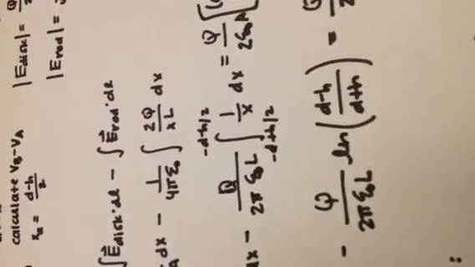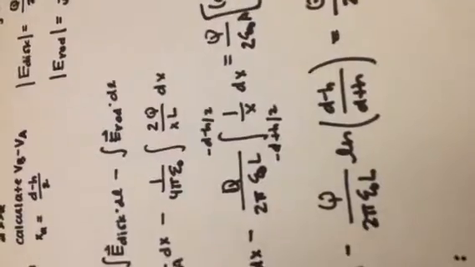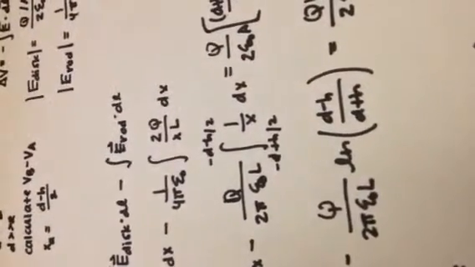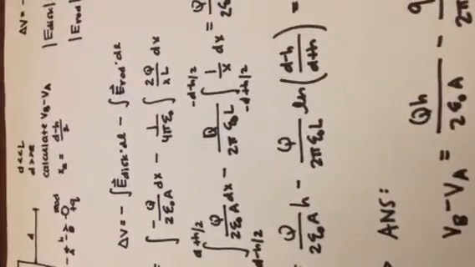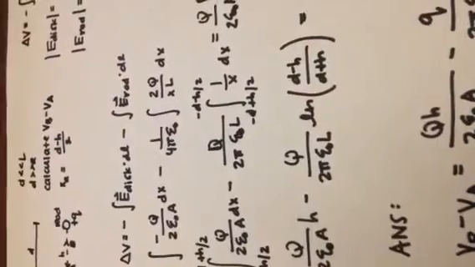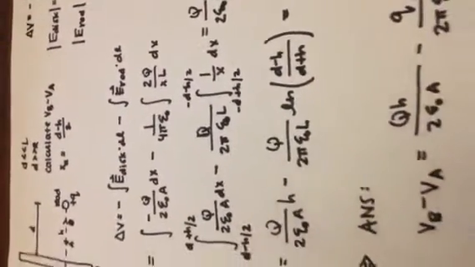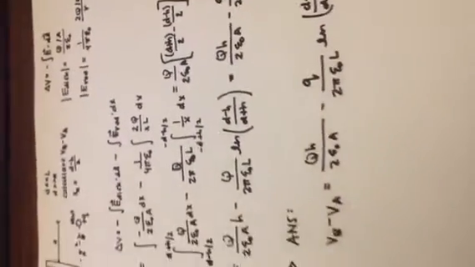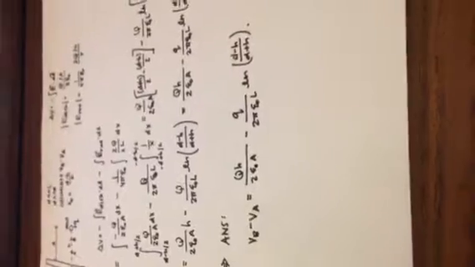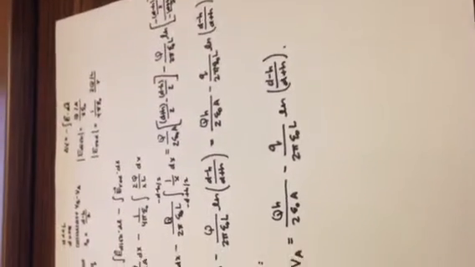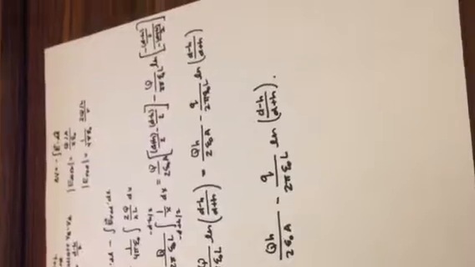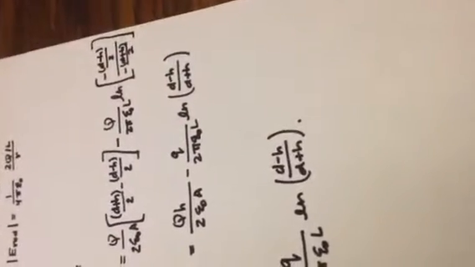Using the same logic, you would find the limits of integration for the rod. However, it would be negative because you're actually going in the opposite direction. That's why for the lower limit, it'd be negative d plus h over 2 instead of d minus h over 2. Now you just integrate both of those formulas and plug in the limits of integration. We know the integral of 1 over x is the natural log, and that is what you get after you plug in the limits of integration.